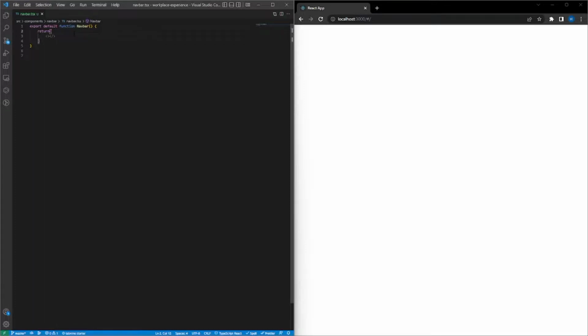So let's get started with creating our navbar. First of all we are going to create a container for our navbar. We are going to position it absolute. We are going to give it a width of 122 pixels and height full so that it covers the whole height of the screen, and we are going to give it a background of